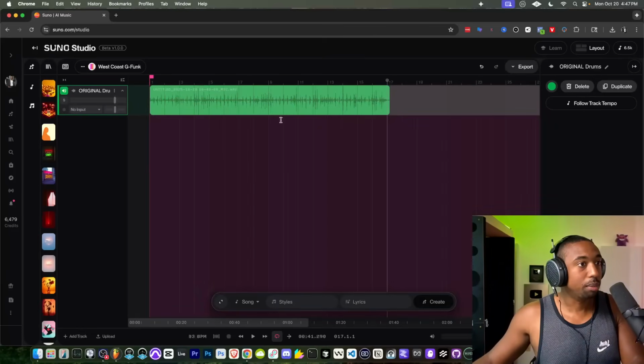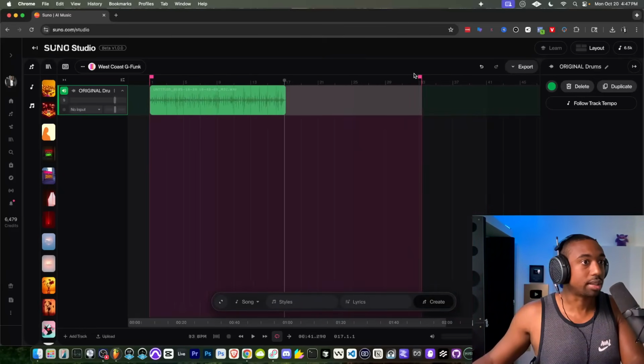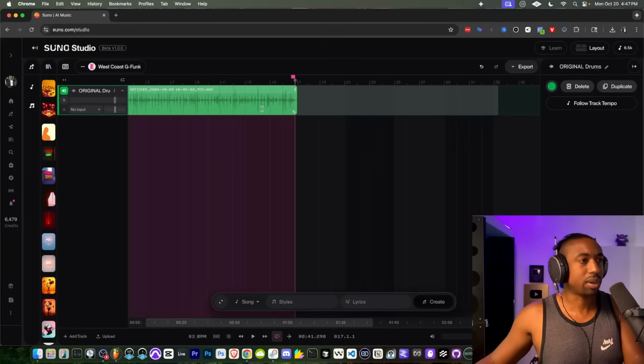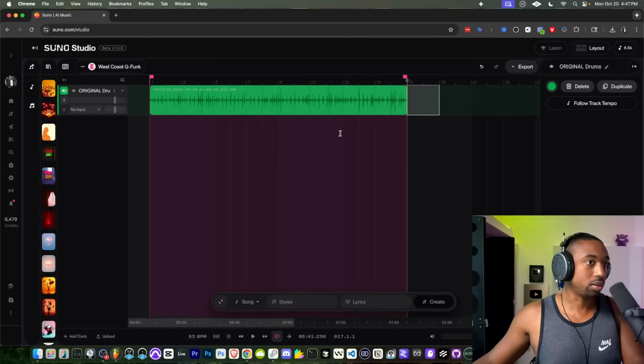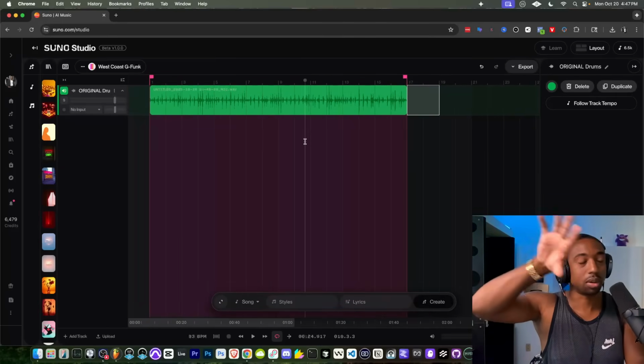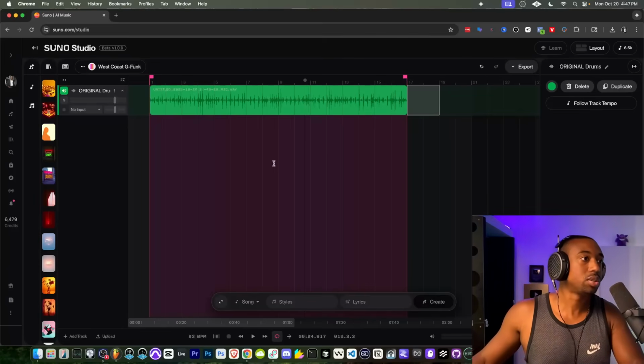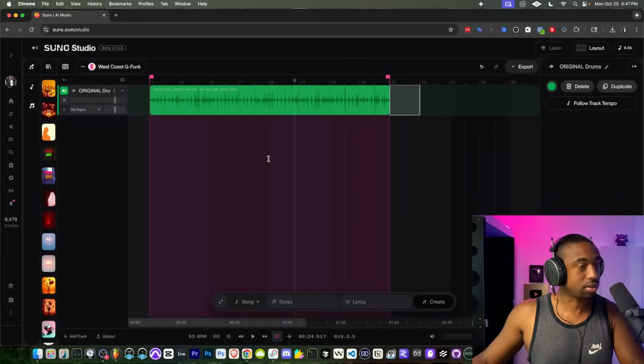So let's click loop mode and let's drag this loop marker all the way back to 16 bars. I recommend you guys create in an 8 to 16 bar area if you guys plan on creating arrangements. The more you create, the more convoluted it gets. So usually I stick to 16 bars or 8 bars as a starting point.